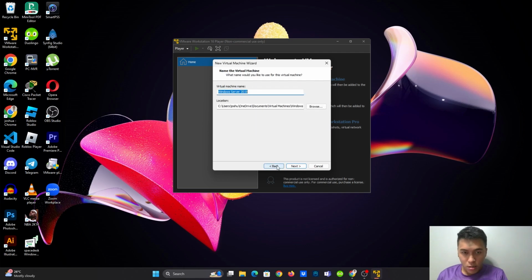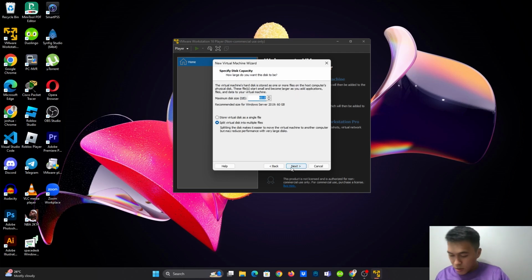In the virtual machine name, I will use my last name, section, and 2024 as the virtual machine name. So Sister, BSIT 3A, then 2024, then click next.